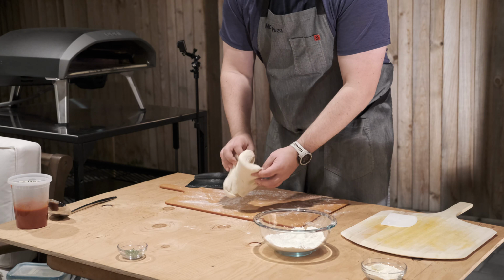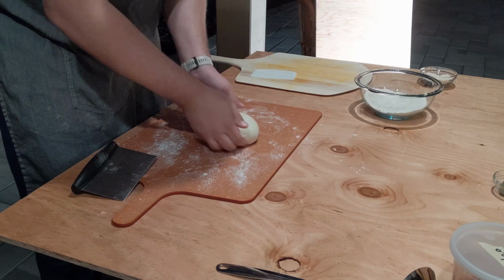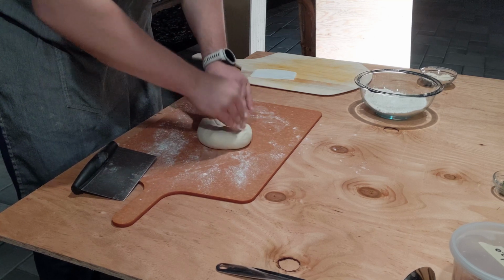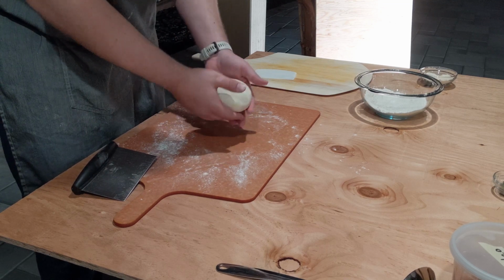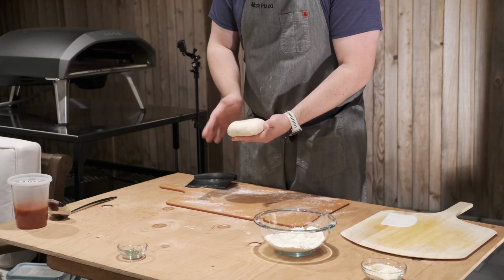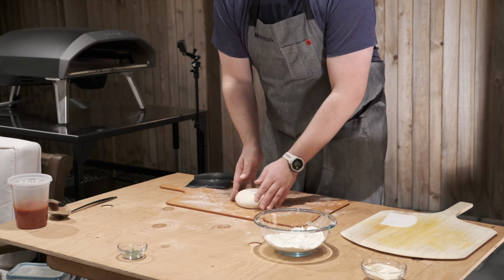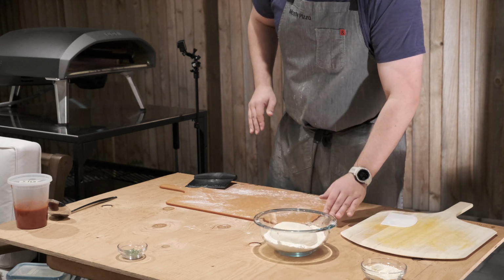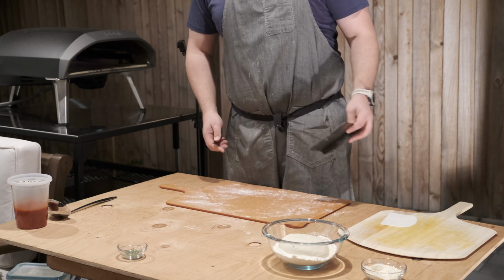And so what I'm going to do is form this into a nice little ball. There you go. And this will be our New York style pizza dough ball. I'm not ready to use this yet, so I'm going to let this rest a little bit longer so that it can combine and come together nicely. But it's already very nice and silky right now. I'm going to put this in a nice pillow of flour and let that rest while I prepare the